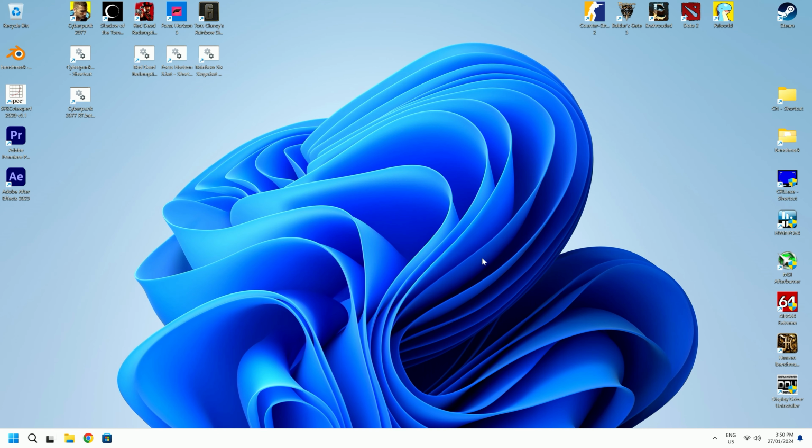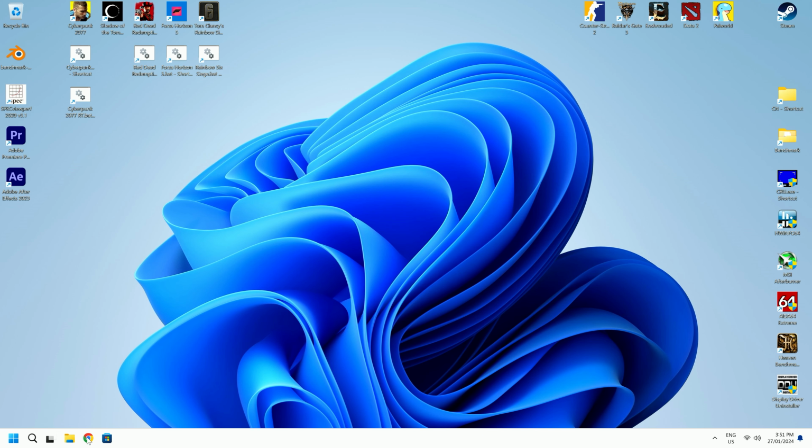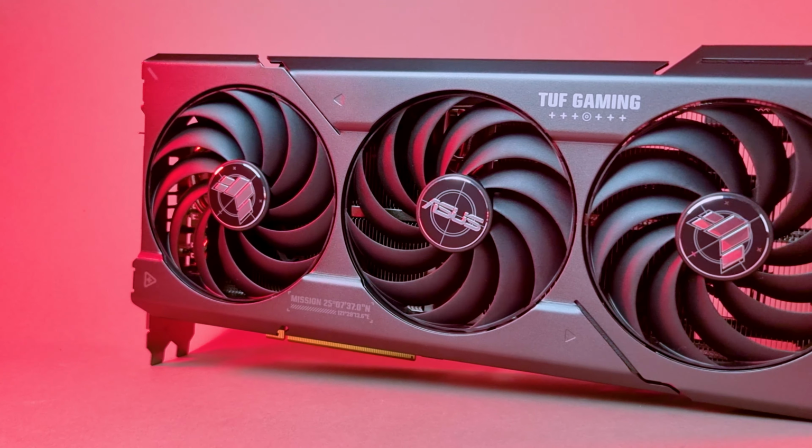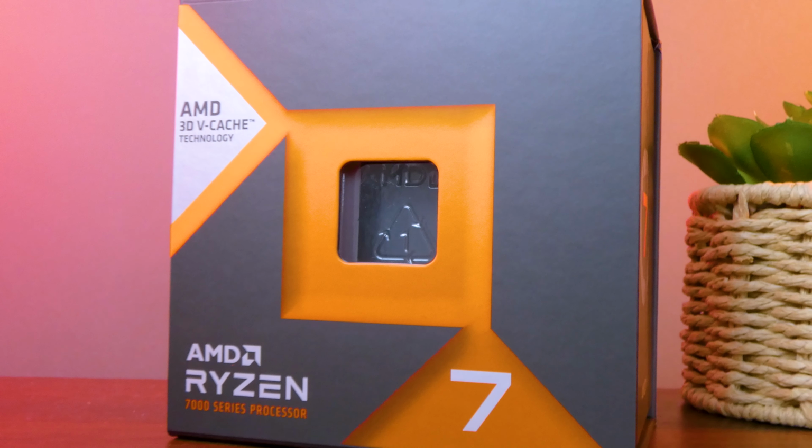So you might notice right off the bat that we're not using my main PC, we're using the test bench SSD that I've installed in my main PC, along with the 7800X3D and the main motherboard that I usually use to test GPUs. The first thing that we're going to do is install the brand new official driver release for Fluid Motion Frames. We are running the 7800 XT this time as well,